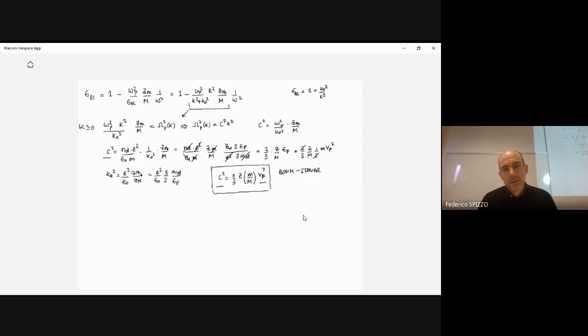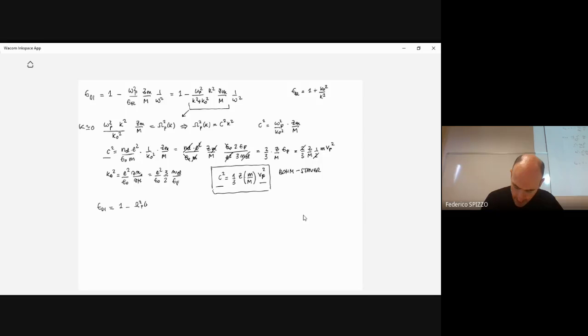So this is an equation that relates the speed of the phonons and the speed of the electrons, going through this approximation where we use the picture of the dressed ions, and we try to build up the frequency dependence of the dressed ions by starting from the ions contribution and then applying the screening that is given by the electrons. At this point, just to summarize, the dressed ion contribution is 1 minus